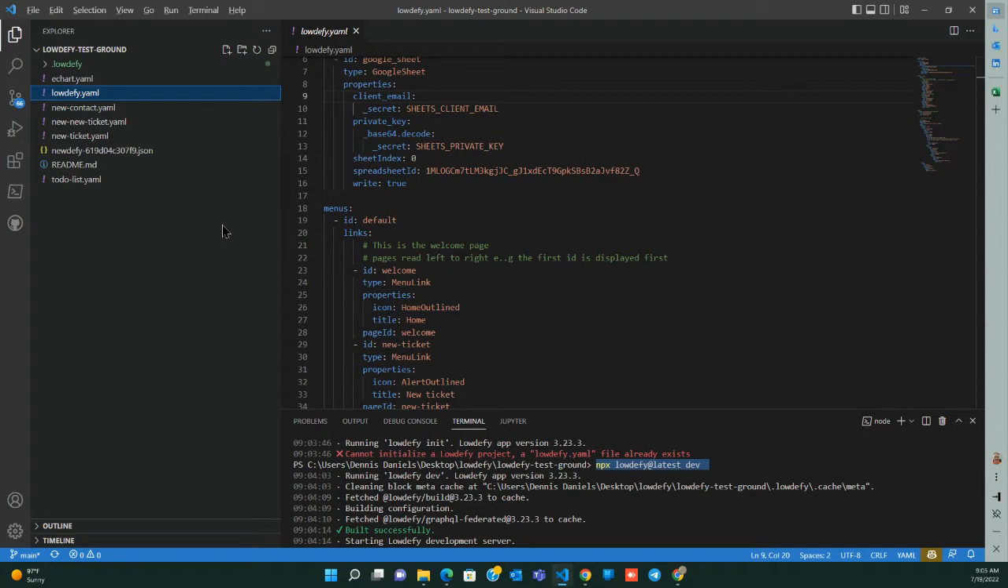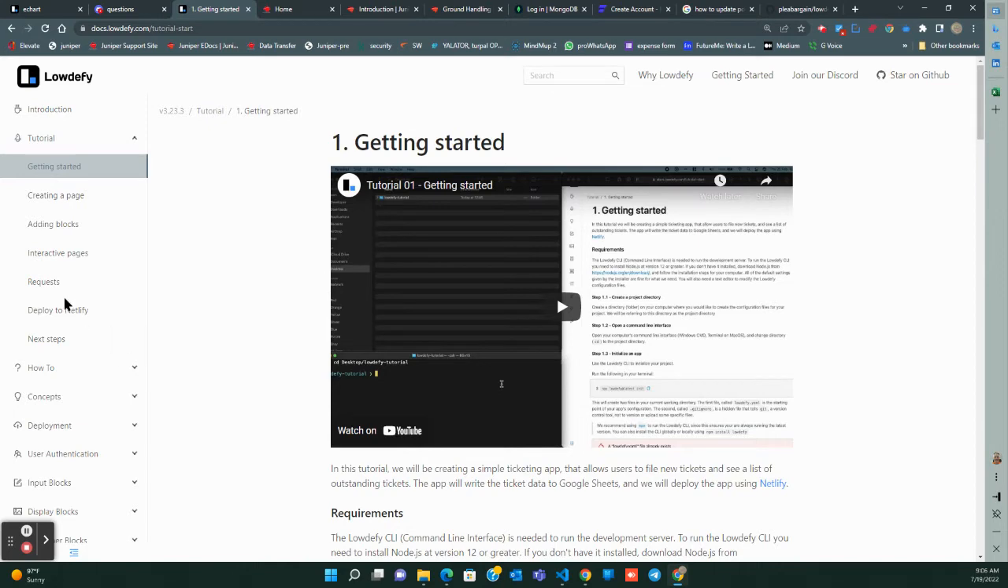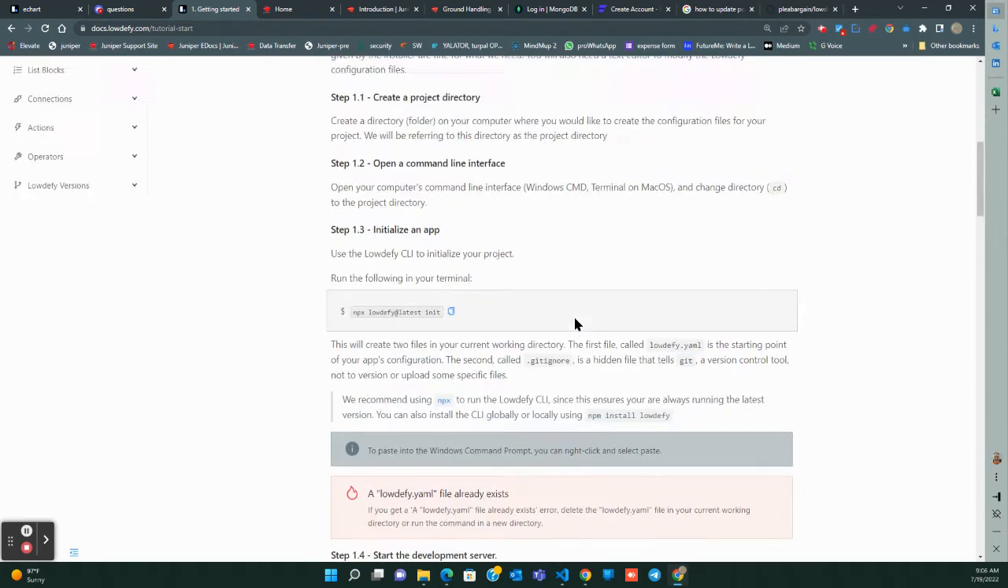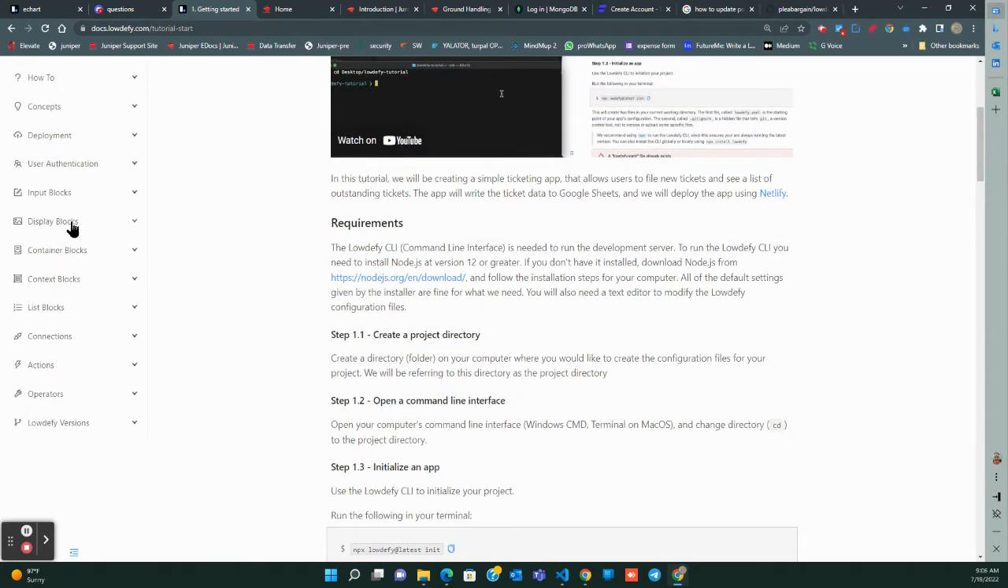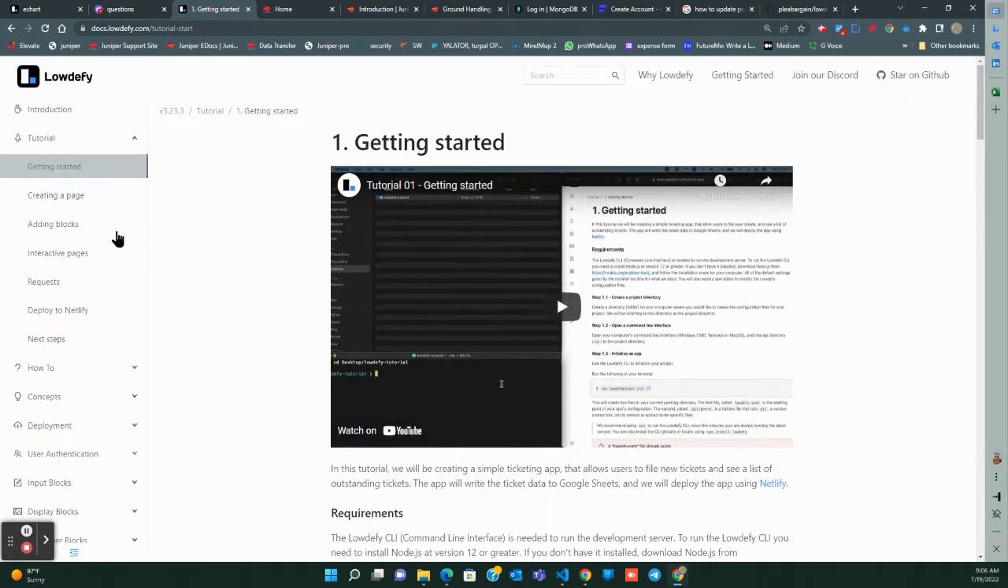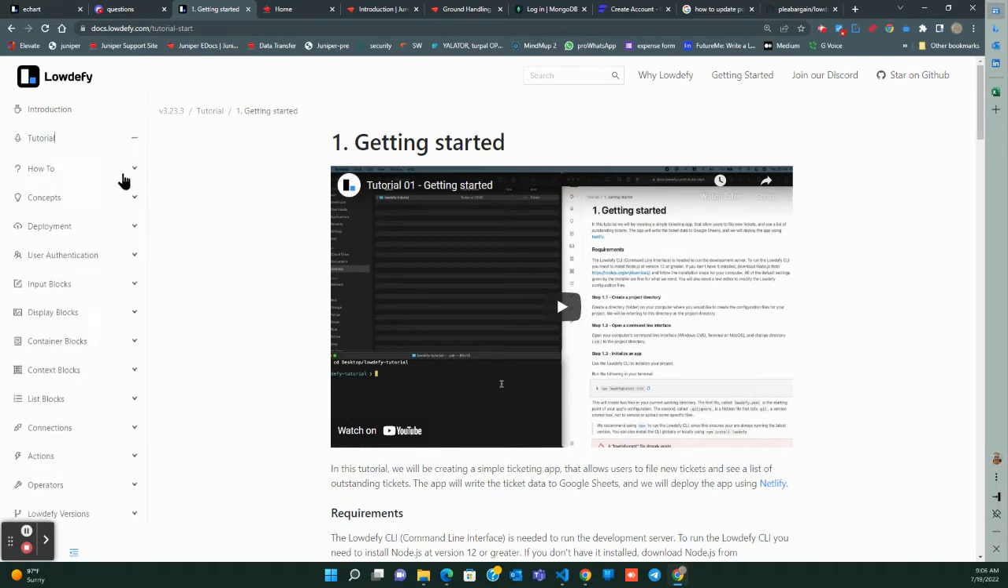Let's take a look. One of the neat things about Lowdefy is that they have really good documentation, really extraordinary. And what I've been doing as I work through this is try to understand how tools are built. And let's take a look at some of those tools. First one,